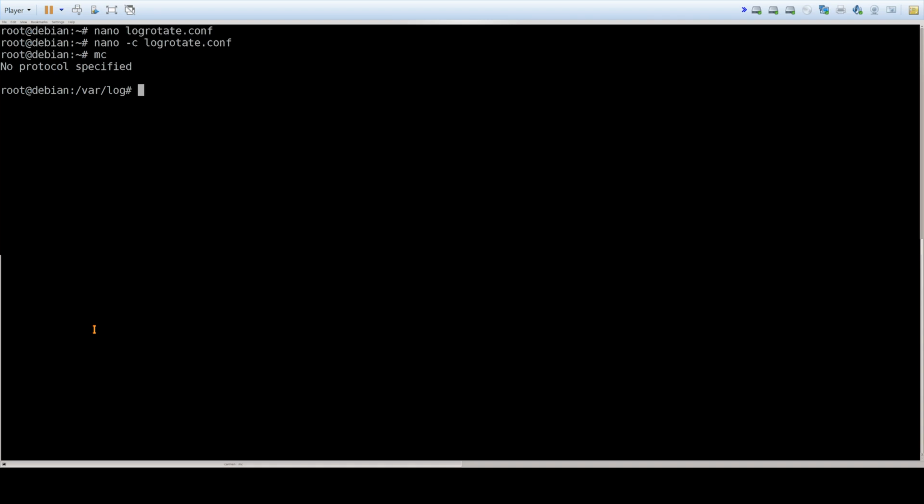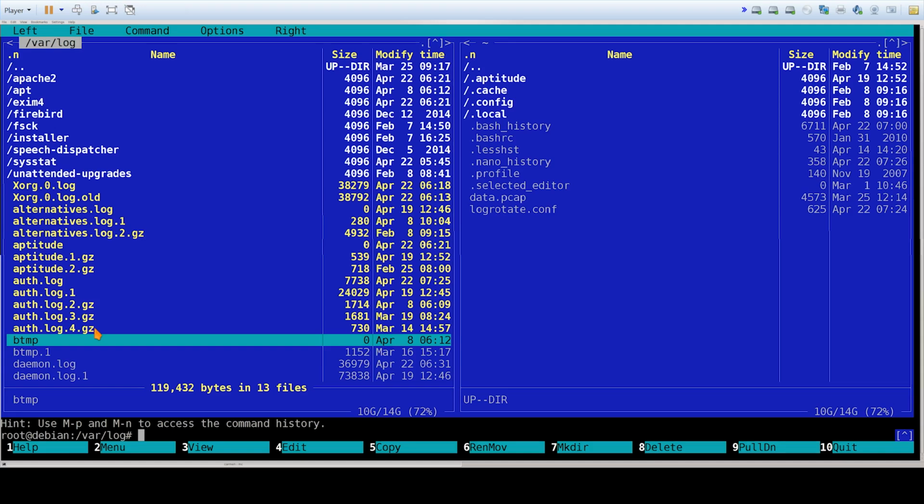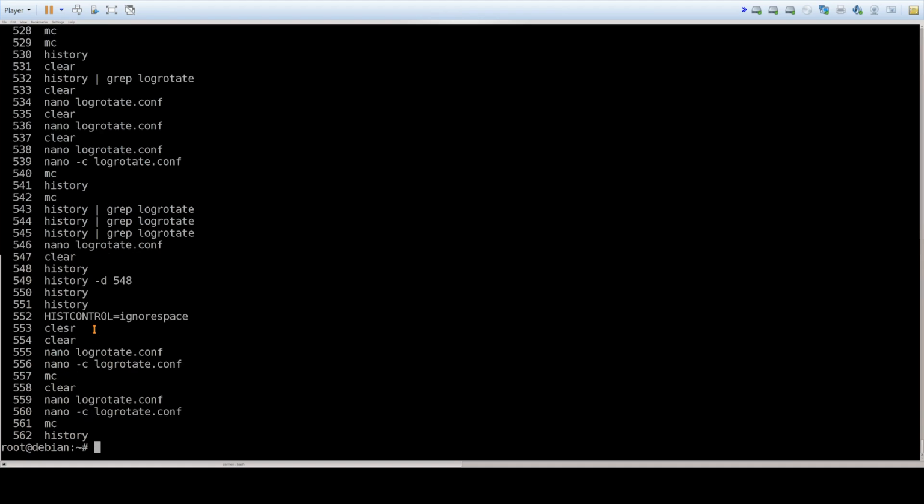So if I press here something, whatever, and then I press history, it will display all the commands run when MC was running also in the background. Now that I quit MC and run again history, now I have another history that doesn't contain the commands run when MC was